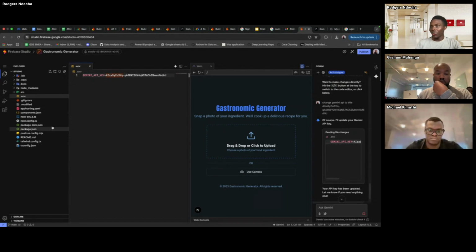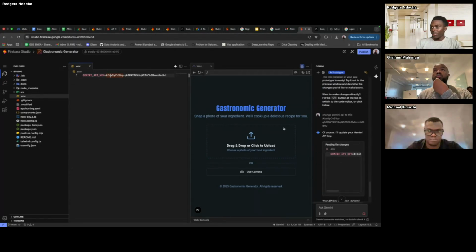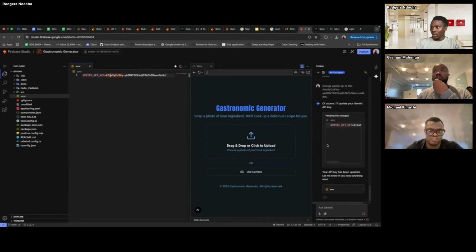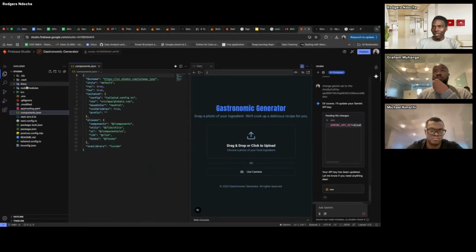But you see what's required. You can always change things from this side of the panel. With Gemini, you have access to build, to prototype, and to change things in your applications. And also, if you are good at coding and want to change files manually by yourself, you always have the capability to do it from here.